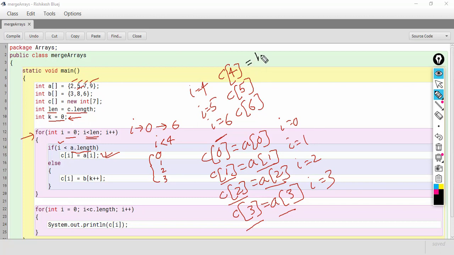So here we need to assign B of 0, B of 1 and B of 2. So when the value of I is greater than 3, that means the else part will execute.